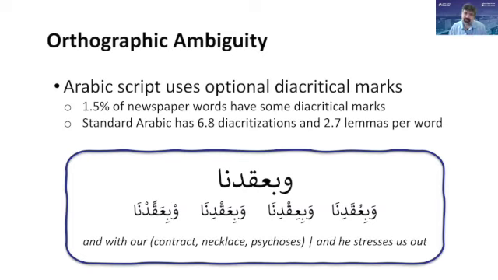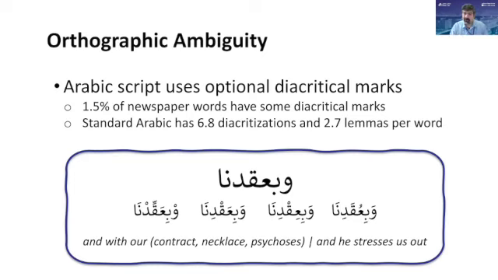But Arabic, of course, is not completely straightforward and easy when it comes to working with NLP. It has its own set of really interesting problems. So one of them is just the high degree of ambiguity in the text from the lack of diacritical marks that are optional, basically. So you could have a word like this that could be read many ways, it just kind of all comes together. There's in standard Arabic about 7 different diacritizations or so, and 3 different core meanings per word out of context.